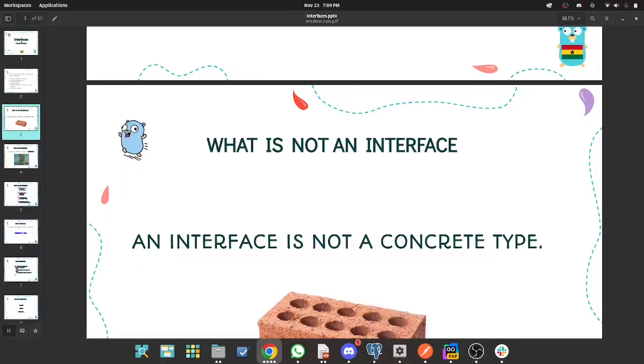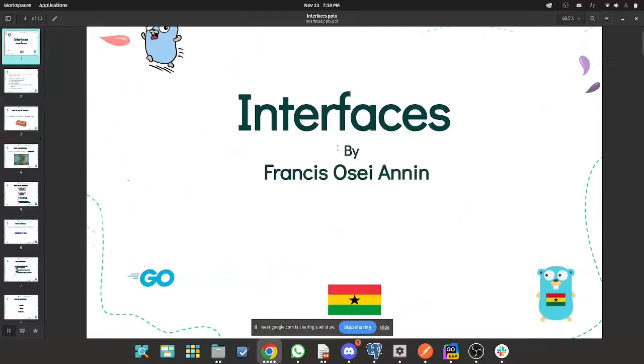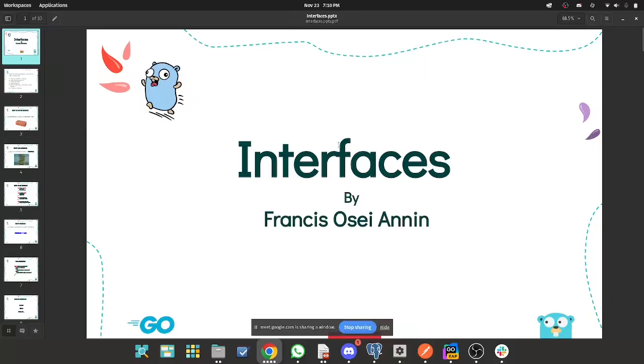I would say there is about a 40% chance that you've heard about interfaces if you are sort of new to Go. Let me share my screen. And today we have about 30 minutes to walk ourselves through what interfaces are in